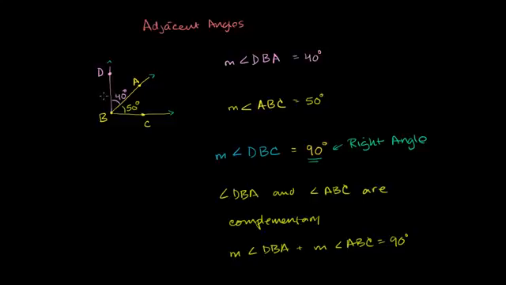And just as another point of terminology that's kind of related to right angles, when a right angle is formed, the two rays that form the right angle, or the two lines, or the two line segments that form that right angle, are called perpendicular. So because we know that the measure of angle DBC is 90 degrees, or that angle DBC is a right angle, this tells us